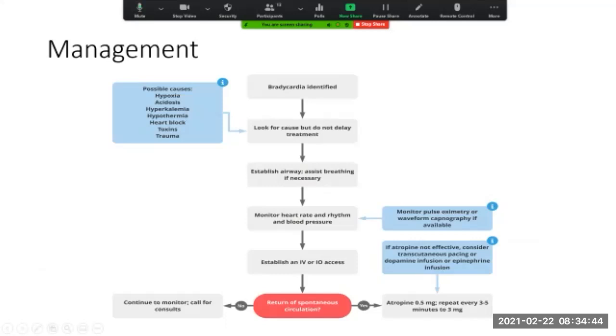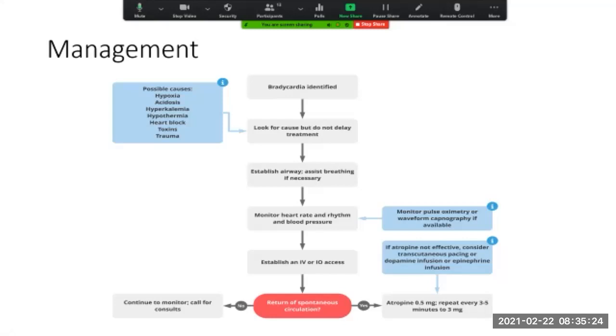Now, at the end of the day, you want to check if your patient is stable or unstable. If your patient is stable, and when we say stable, I would say most of the time that has to do with their BP. So if their BP is okay, they're responding to you, everything is all right, then the first thing that you do is give this patient atropine, okay? If atropine is not effective, then transcutaneous pacing, dopamine, epinephrine, we're going to get to all of this, all right? But how much atropine do we give? We give 1 amp, 0.5 milligrams every 3 to 5 minutes, all right? Then you can give up to a maximum of 6. So basically, we want to see if the heart responds to this atropine or not, okay?